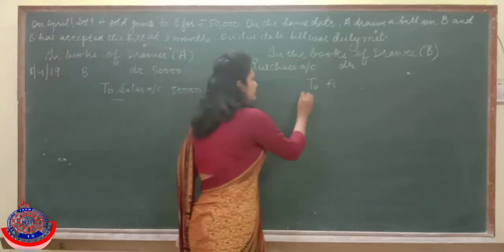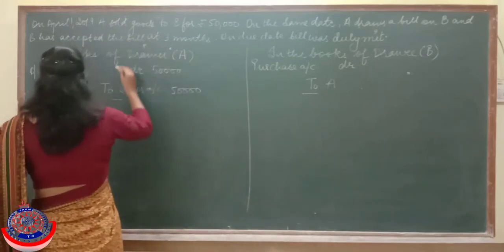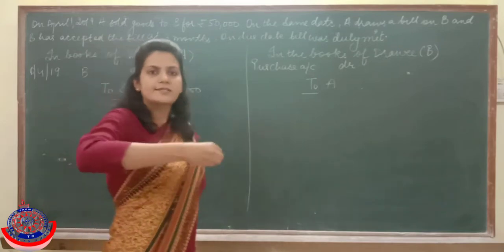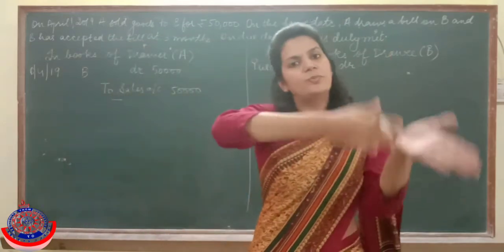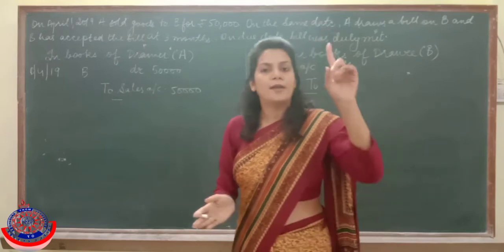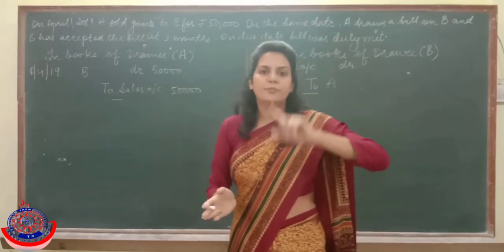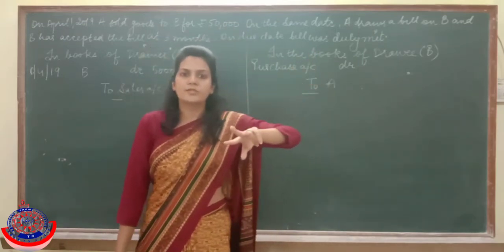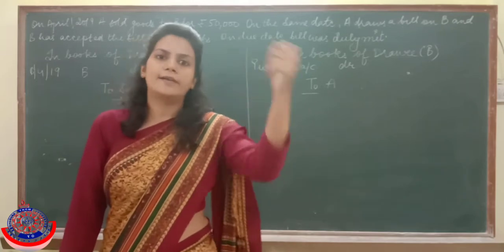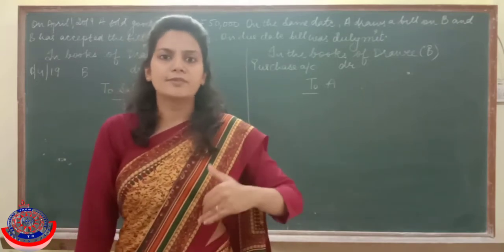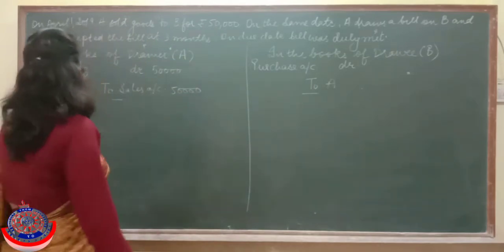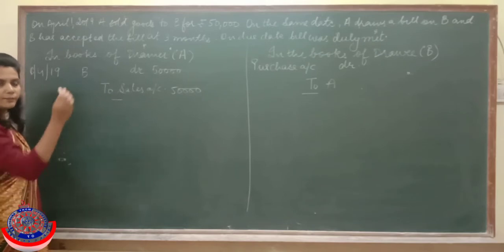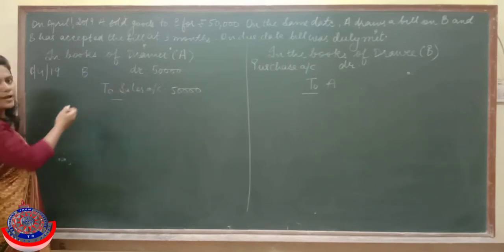Here A has sold goods to B, so B is his debtor, and debtors are assets, so they have a debit balance. Now, as I told you, the one who is the creditor is going to write the bill. When he writes the bill, he wants his debtor to be converted into bills receivable. And when the drawee accepts the bill, his creditor has become his bills payable. I told you that when we give a legal paper to our debtor or our creditor, they become bills receivable or bills payable. So A has written a bill and given it to B, and B has signed the bill and given it back to A.